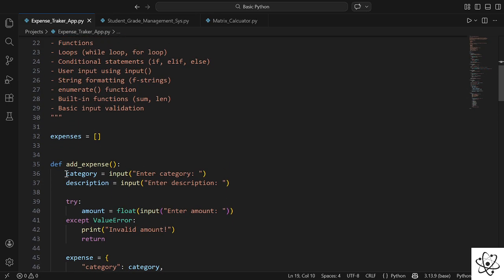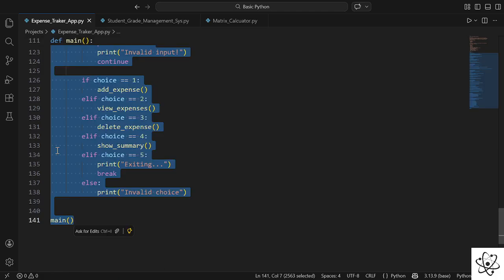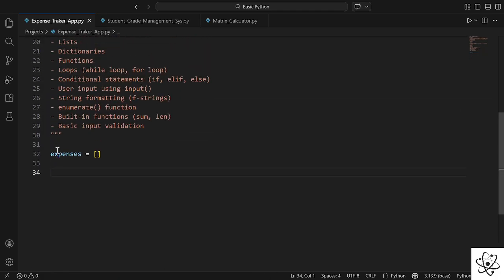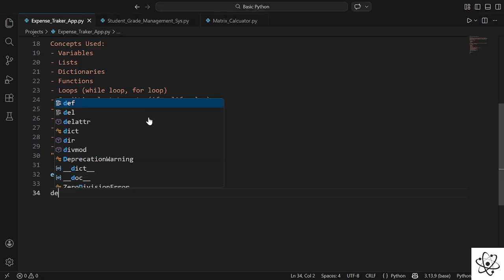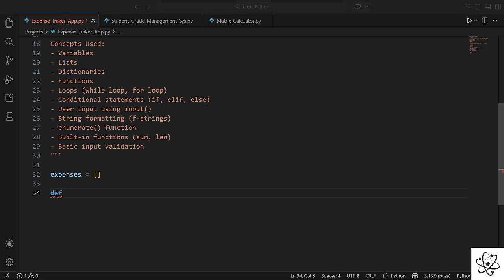Now, for starting this code, let me first remove everything from here. So you can see we have removed the whole code. Now we are going to start with the coding part. So first of all, the first option that we have seen here is the add expense option. So we will just create a function add expense,